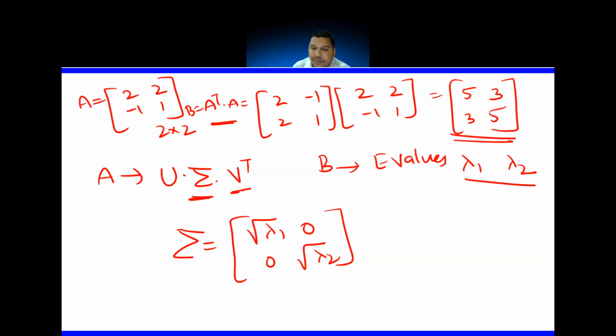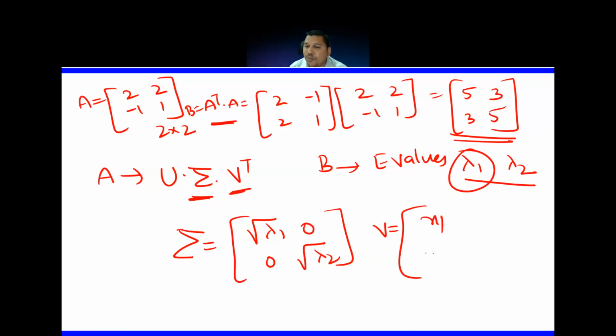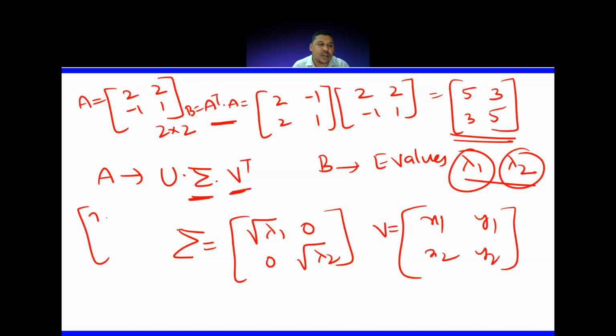That is done. Now, what is this V matrix? The V matrix is nothing but your normalized eigenvectors. That means you find the eigenvector for lambda 1, which can be x1, x2, and the eigenvector for lambda 2, which can be y1, y2. You have to normalize these. Normalizing an eigenvector means, suppose I have an eigenvector x1, x2, a vector v equal to x1, x2. Normalizing this vector means